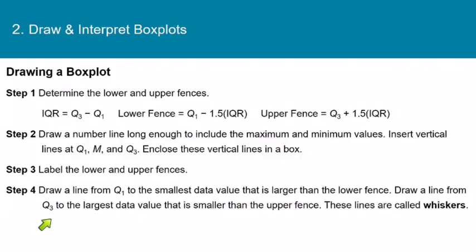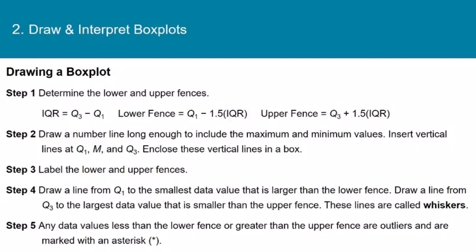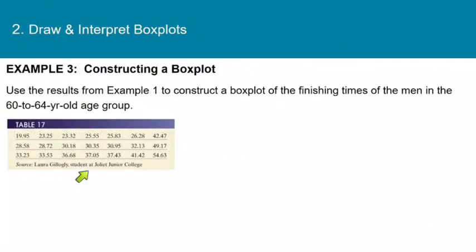And then draw a line from Q3 up to the largest data value that's still inside the fence. Those are the whiskers. And then any data values that are outside the fence, mark those with an asterisk because they are outliers. Now here is the data that we used in example 1, and I've copied down here the